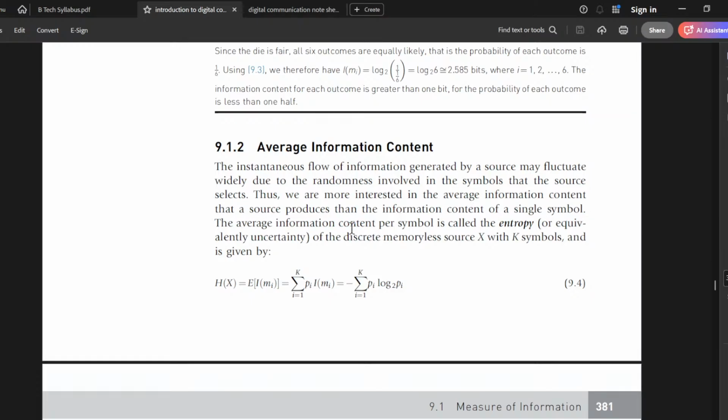The average information content per symbol is called entropy. Getting flashbacks from chemistry. Entropy. So here, entropy means the average information content per symbol. Okay,